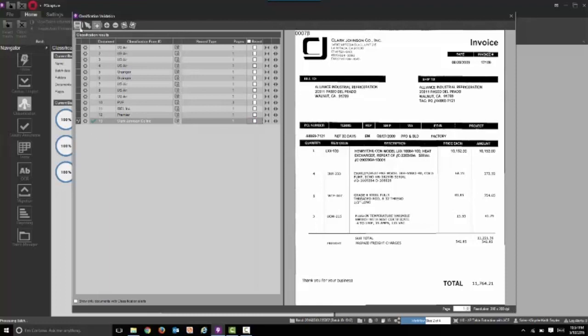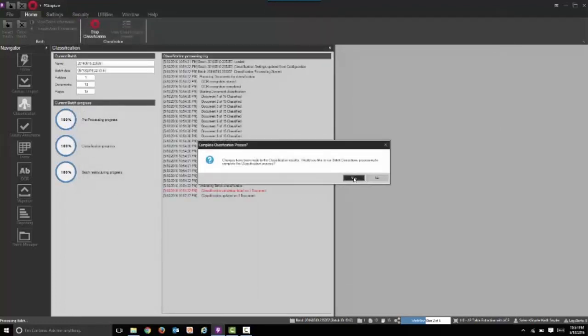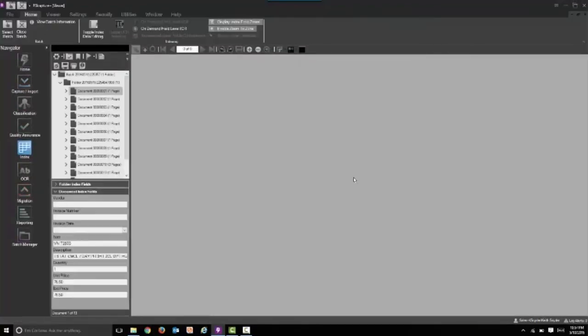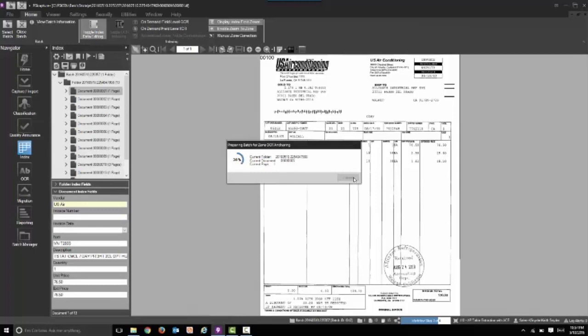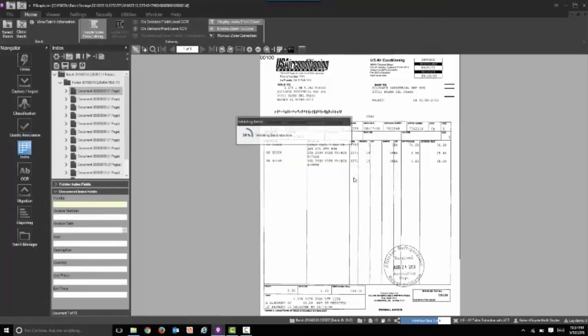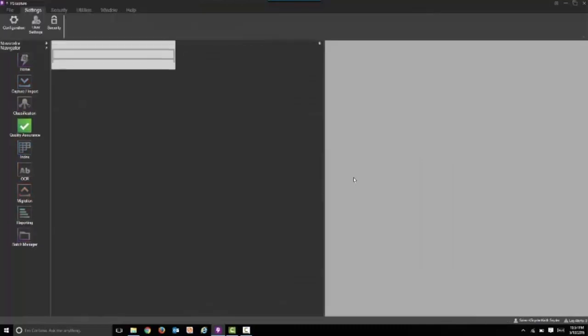Okay, now auto indexing is happening. So we're going to auto extract all that information out, and then we're going to stop in the quality assurance step. Quality assurance is very important. Quality is key. We don't want to kick off a bad workflow with incorrect information. So we want the users to double check the work. As they select a